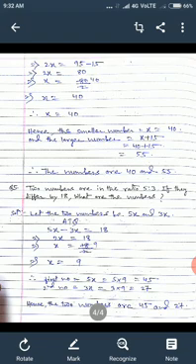So therefore we got x is equal to 40. So hence the smaller number is equal to x, means 40, and the larger number is equal to x plus 15, means 40 plus 15 is equal to 55. So the two numbers are 40 and 55. Now see question number 5.